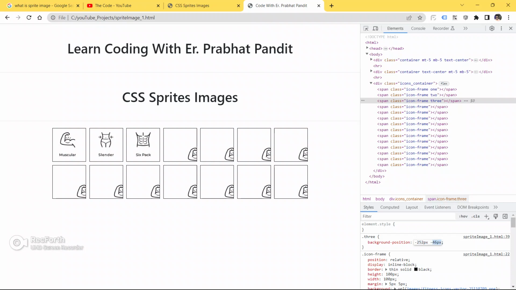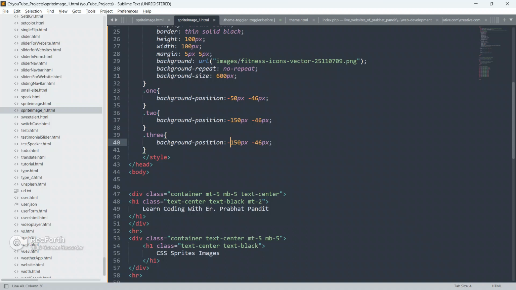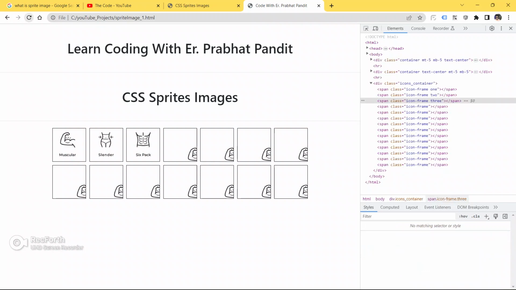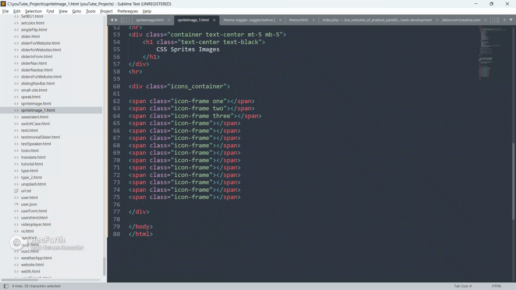Just copy this and paste it inside class 3. This way only, you will be able to make a sprite image responsive as well as dynamic. Save your code, go to the browser and refresh your page.